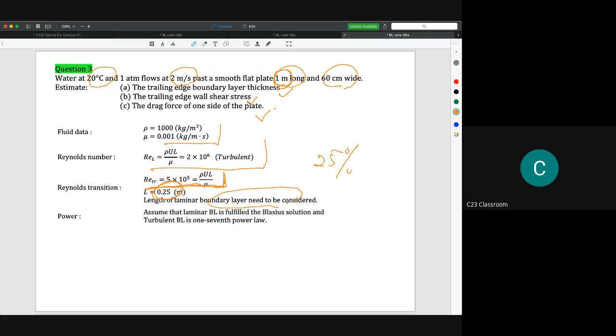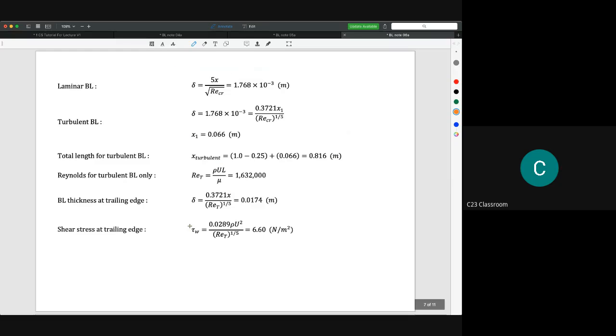To make it simple, we will use the Blasius solution for laminar and the 1/7 power law for the turbulent. Blasius solution for the laminar and 1/7 power law for the turbulent. This idea I already explained yesterday. We have a laminar boundary layer here, and then it changes into turbulent. And then at this point we found that the